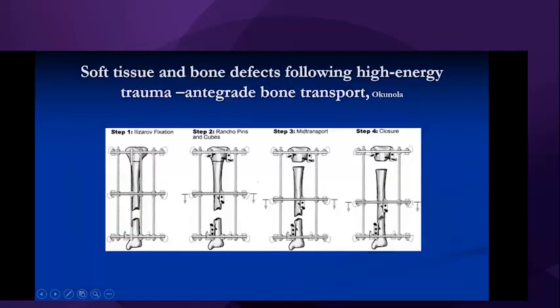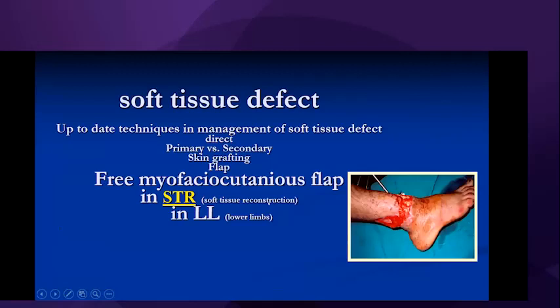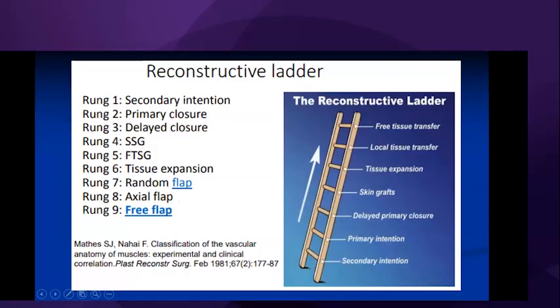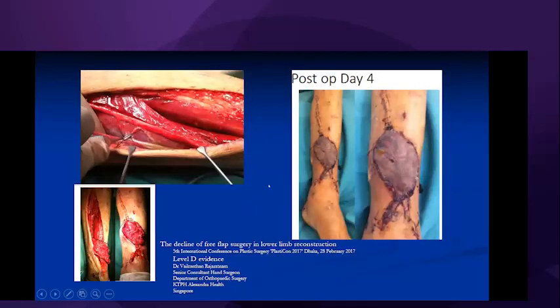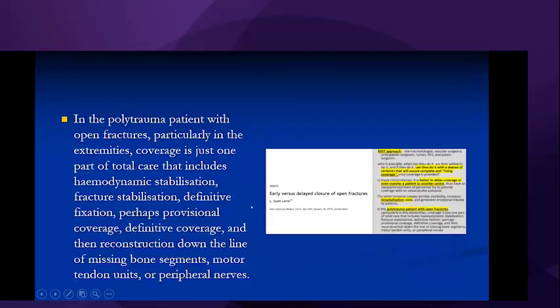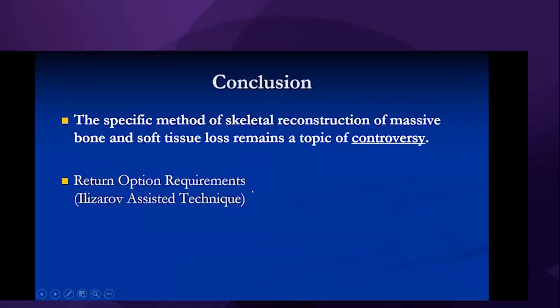We need more bone, and bone transport also needs more time. So the problem is more one of skin coverage, of climbing the step ladder of skin coverage, or of the microvascular skills that are needed. So we can say, as a message or conclusion in the case of return option requirements,